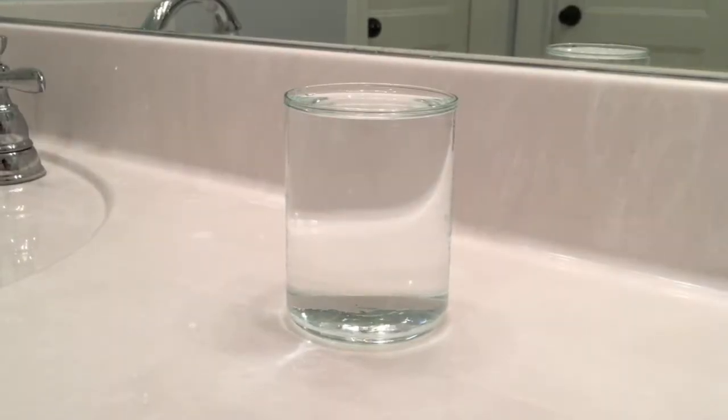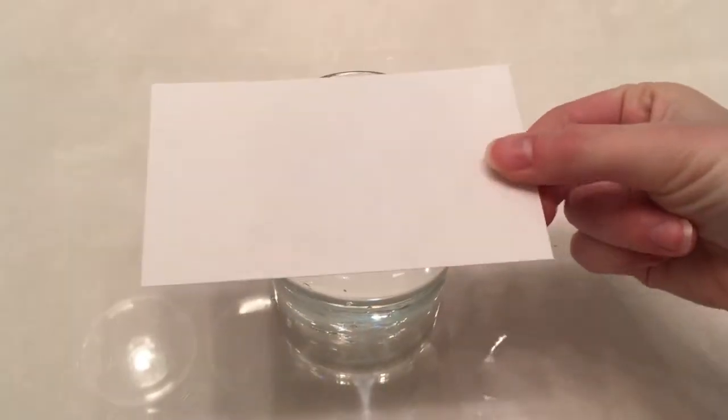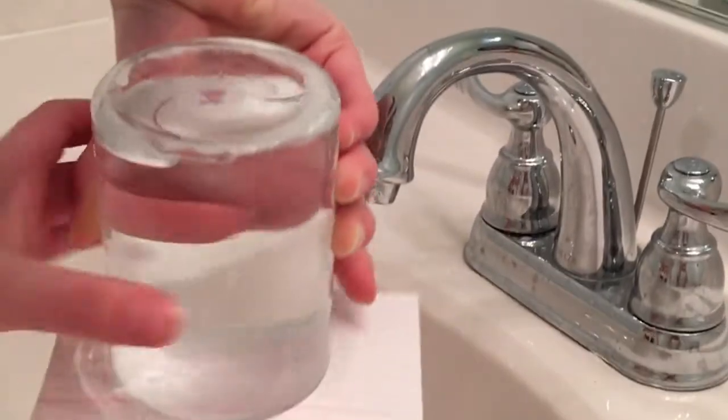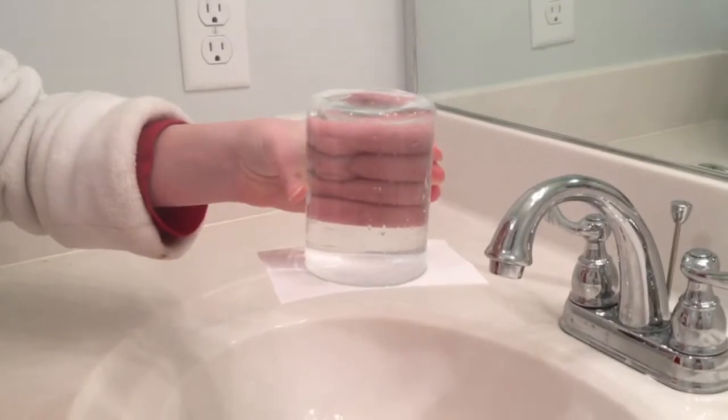Have the students fill a small cup with water and place an index card over the open end. They should hold the cup over a sink or a large container enough to catch the water if it spills. Have them hold the card in place while they turn the cup upside down and then carefully remove their hands